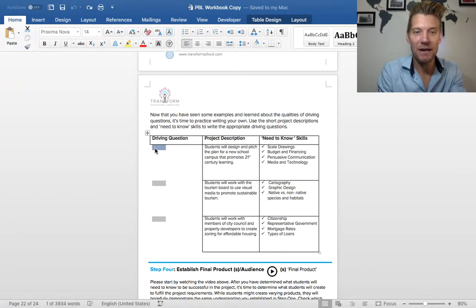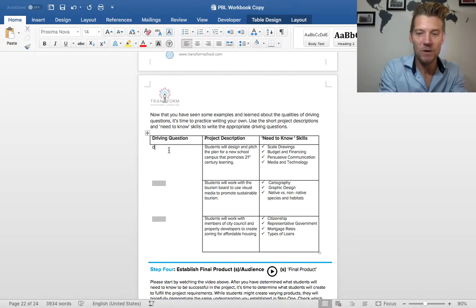I'm going to start out with, how can we, because I always like that, how can we. And they're going to design and pitch a plan for a new school that promotes 21st century learning. How can we, let's see, and that scale drawings, budget and financing. How can we design an affordable, and it's a new campus that promotes 21st century learning. How can we design an affordable